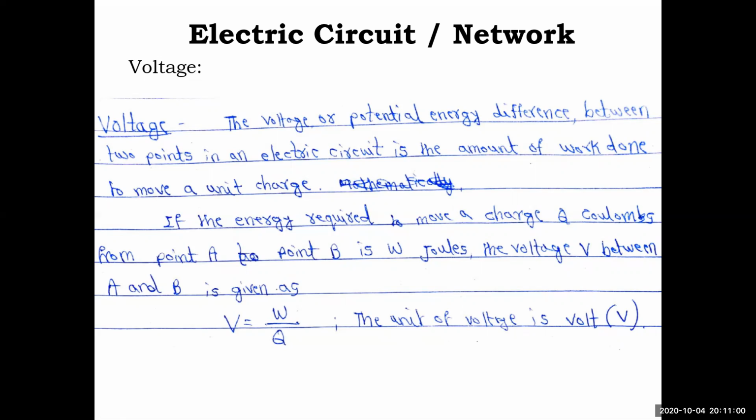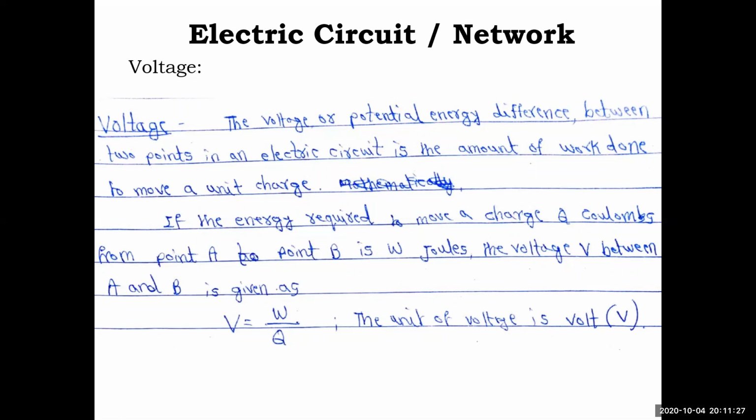Okay, so you have some device, so you have to push it from one point to another, right? In the same way, in an electric circuit, some amount of work is done to move a unit charge. So charge is moved, right? In current, we were told it is a transfer of charge from one point to another. So to do the transfer of charge, some work has to be done.